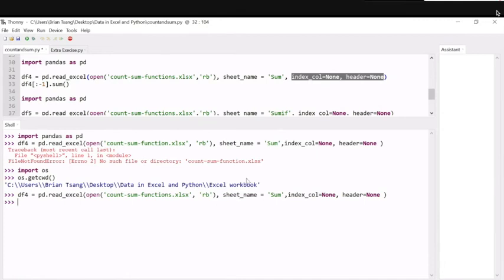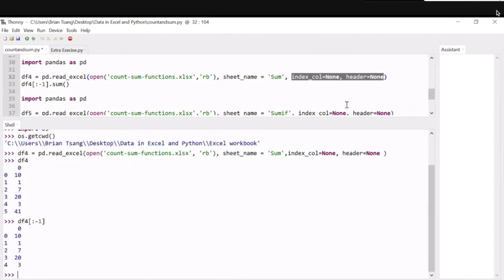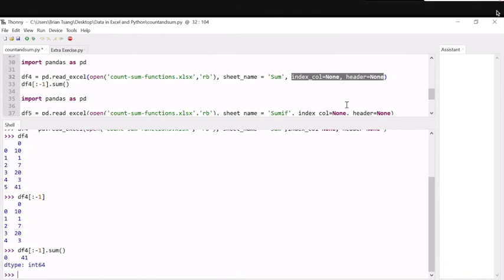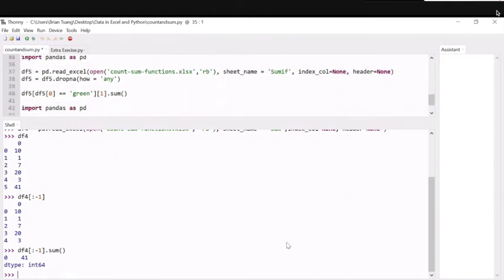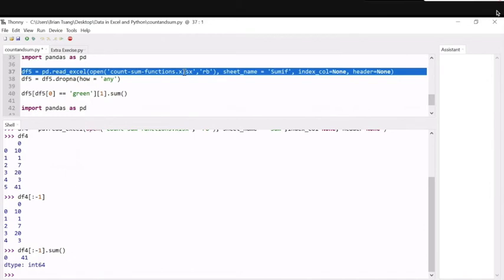Okay, so we read in the spreadsheet, and then df4, this one, and then we do the indexing, remove the last row, and then apply the sum method. So we arrive at the result. And okay, the sumif in pandas, again the same, so I just copy it,